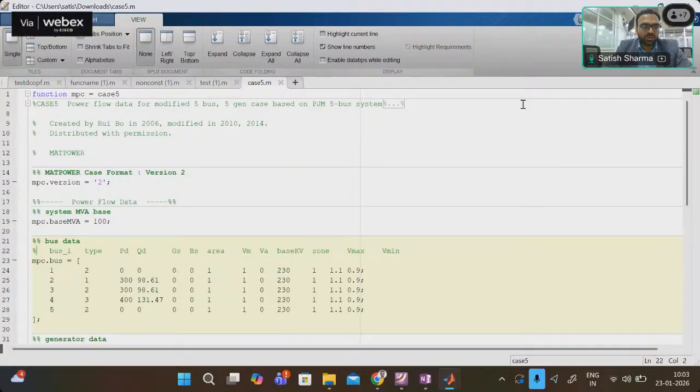Different attributes are given. The first column represents the bus number. Then it represents the bus type. What is the type of the bus? There are different buses like PV bus, PQ bus, and slack bus. So that information is available here with 1, 2, and 3. And let me show you